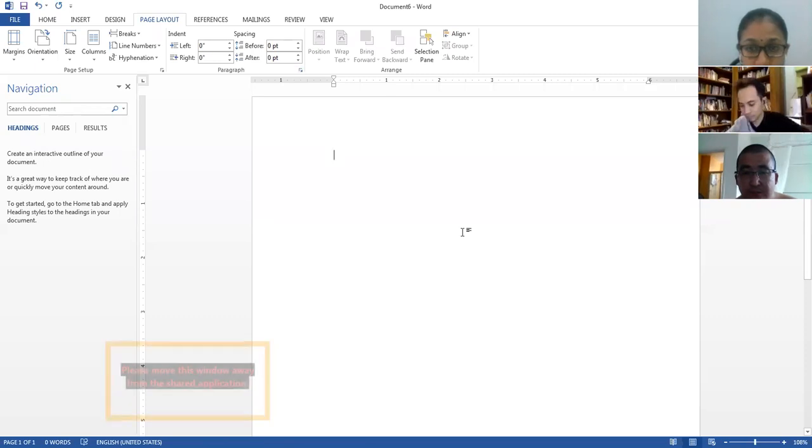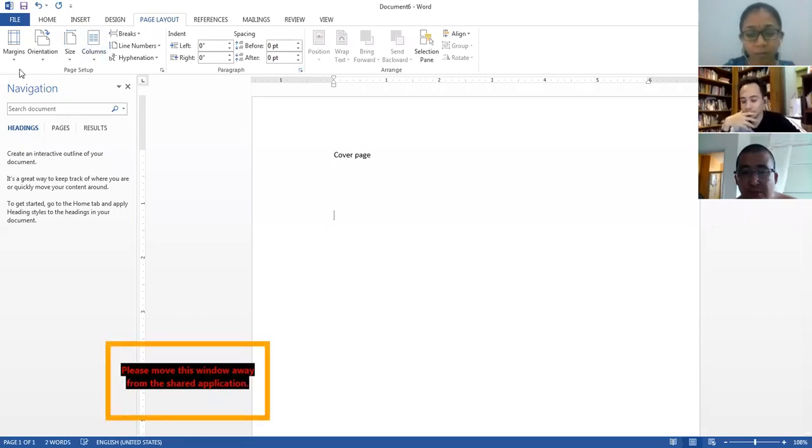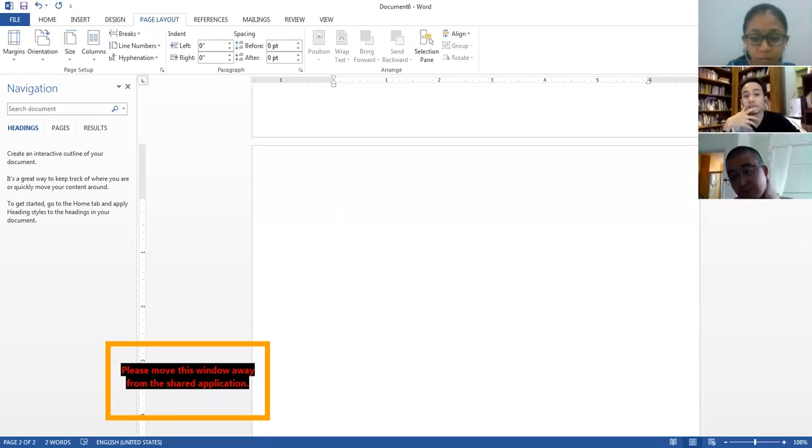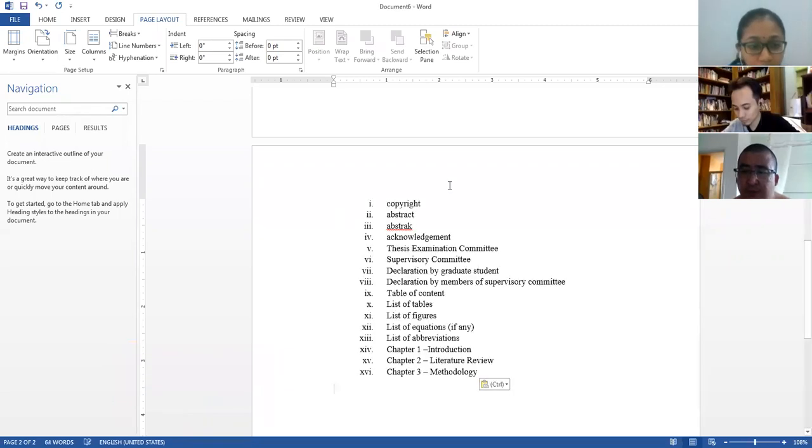Okay, as I mentioned earlier, the first page must be the cover page. The second one should be copyright.